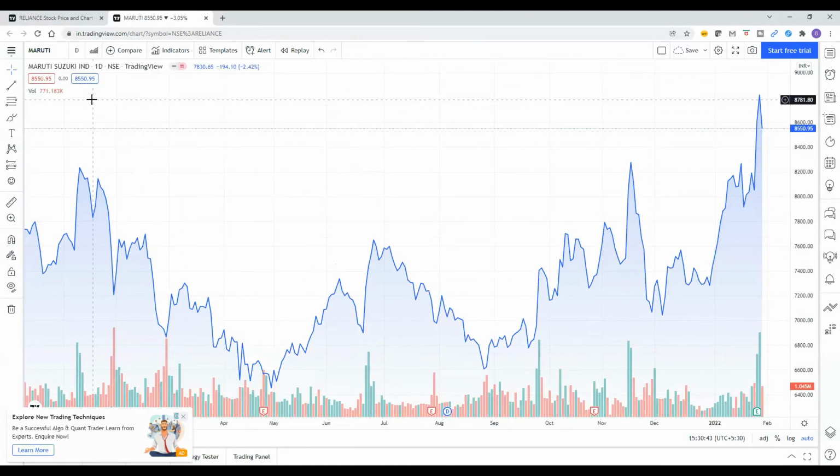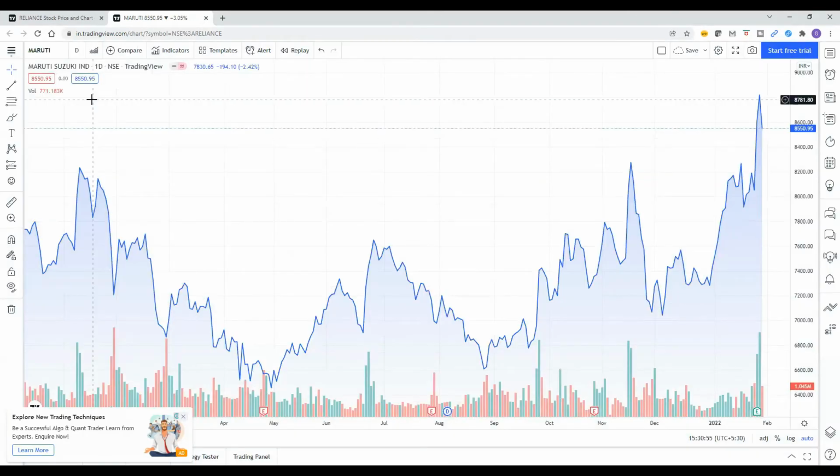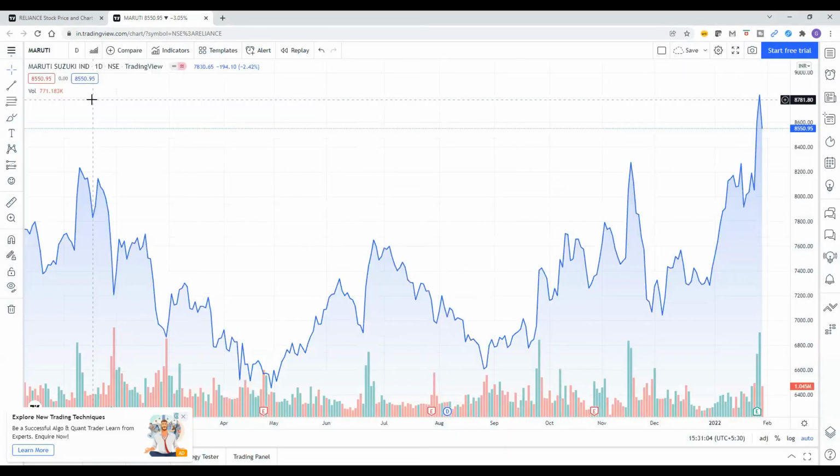Even without going to the search button, by default in the keyboard, if you type any text, it opens this symbol search. Escape. So if you want to search HDFC Bank, type H on the keyboard, it opens the search bar. So that's how you can search there.